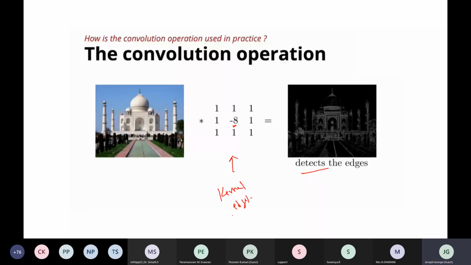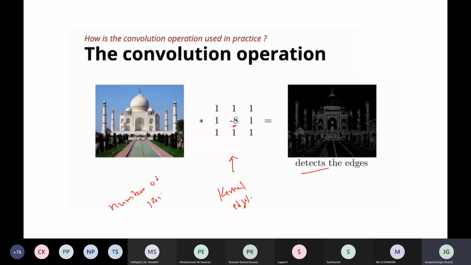One kernel will look only for the features that belong to the nose. Another kernel will look only for the features belonging to ears, and so on. That is why we are increasing the number of kernels. So we are not dealing with only one kernel, but with n number of kernels.